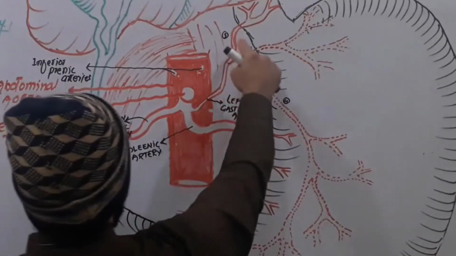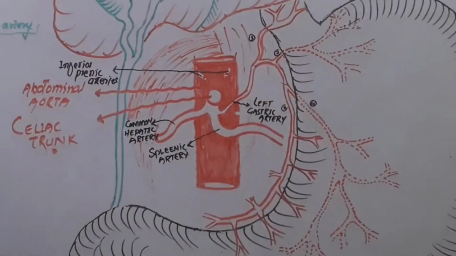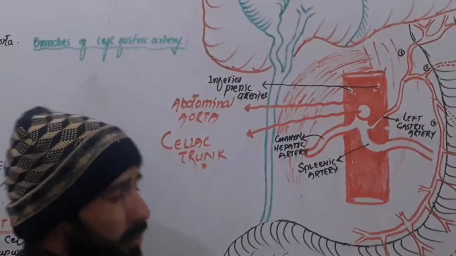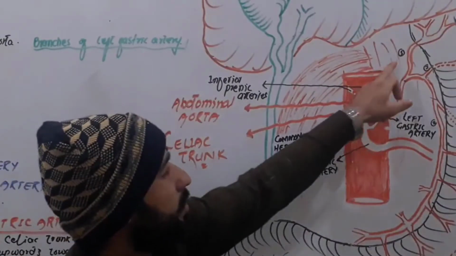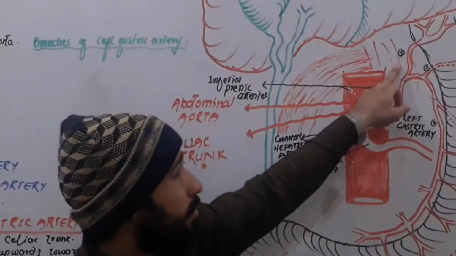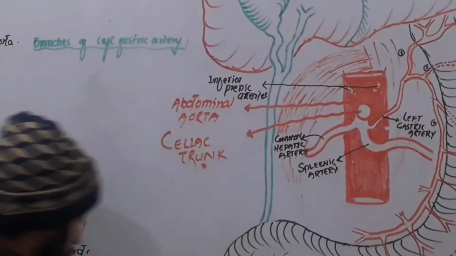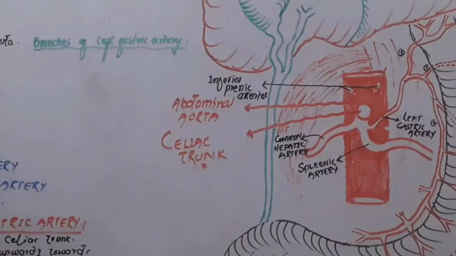So the first branch that it gives, some books write that there are 1 to 2 or 1 to 3 esophageal arteries, right? So the first branches are